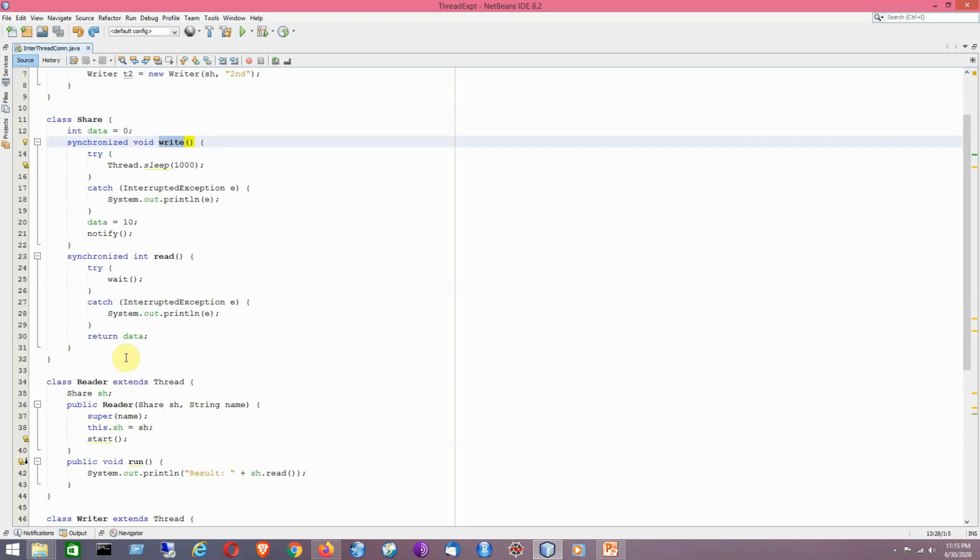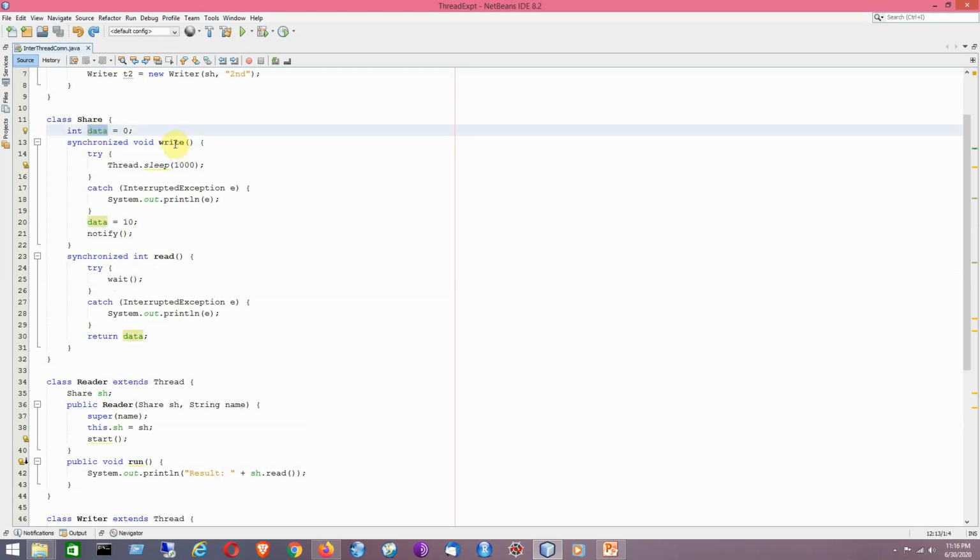So whenever the reader will be calling its read method, it must wait, because we need to ensure that if the writer thread is trying to update the value of this variable by using the write method, and the reader thread gets access to this variable, the write method may be in the process of writing or updating the value of this variable named data.